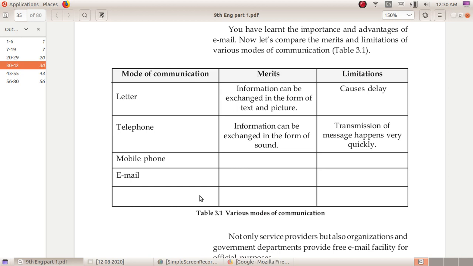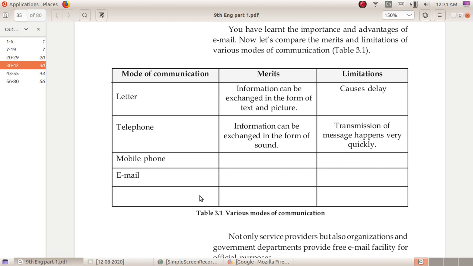The next mode of communication is the telephone. Information can be exchanged only in the form of sound in a landphone or telephone.